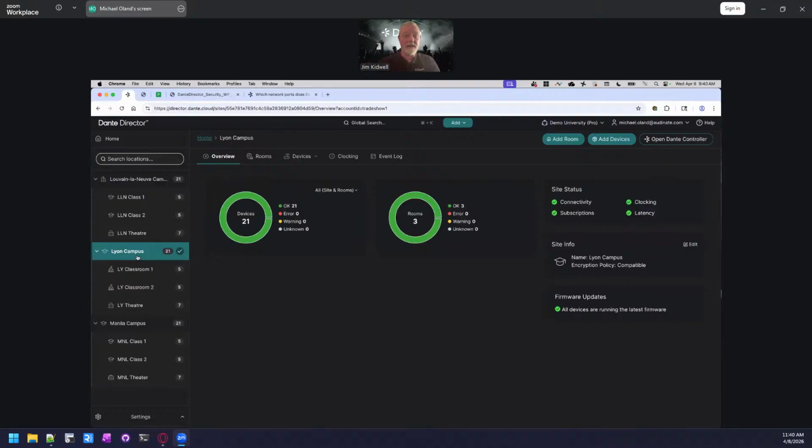So a lot of times people are looking for the ability to send audio signals across the internet. Dante Director, and Dante as a technology in general, sends the full audio stream. It is a full uncompressed audio stream, and video has various levels of compression, but still, we do not enable site-to-site audio transmission with this. This is simply the control signals. So the only thing that will ever be leaving your system or coming into your system is that control signal.